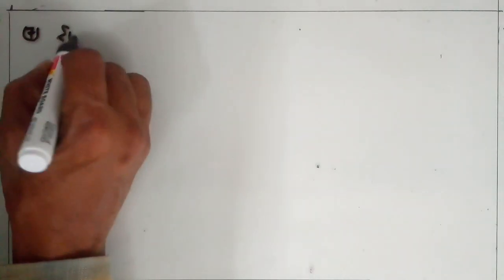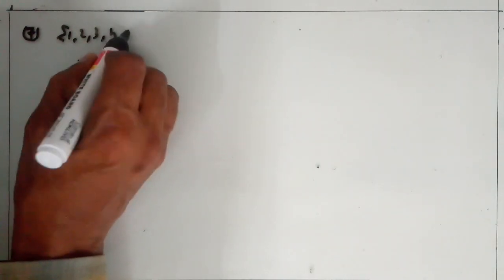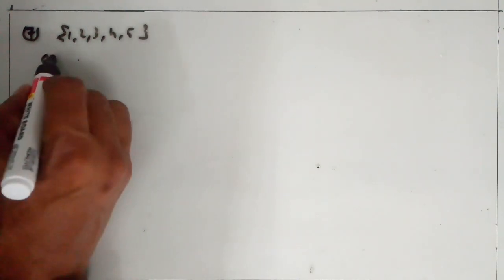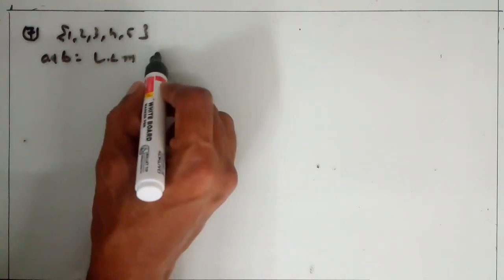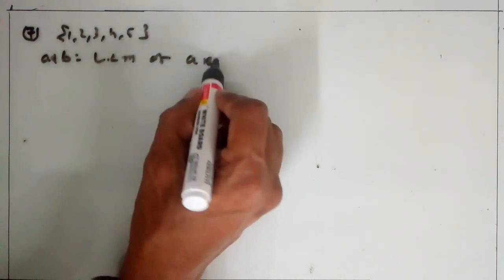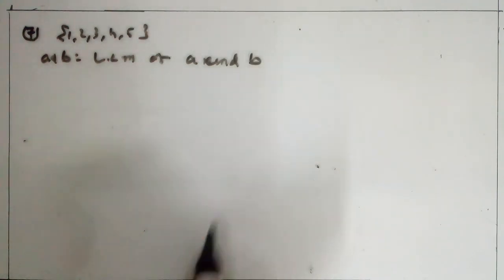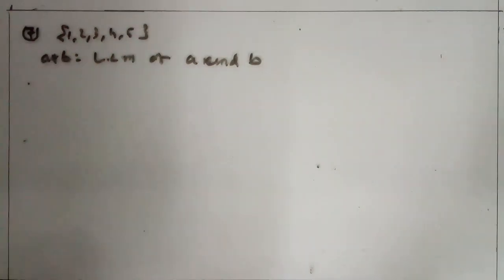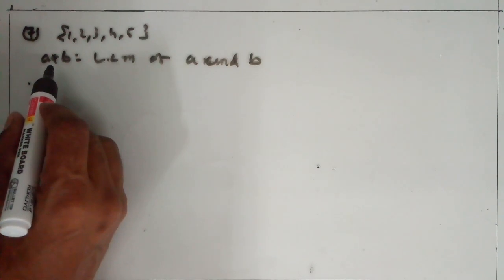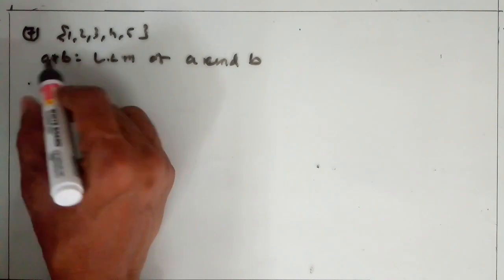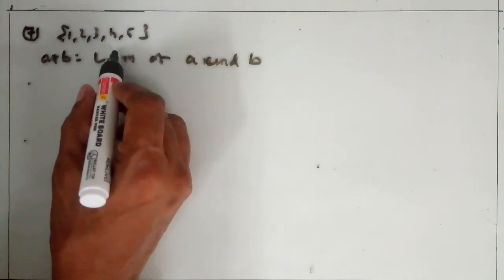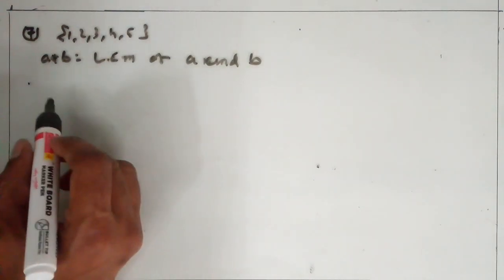Question number 7. Is the star defined on the set 1, 2, 3, 4, 5 by A star B is equal to LCM of A and B a binary operation? Remember this star operation, LCM of A and B, is not a binary operation, because